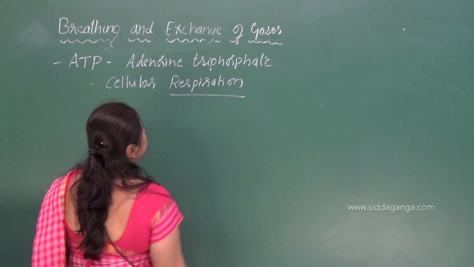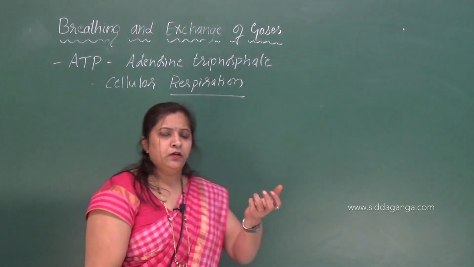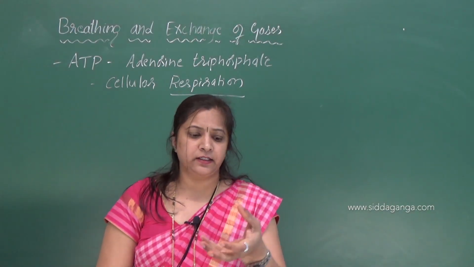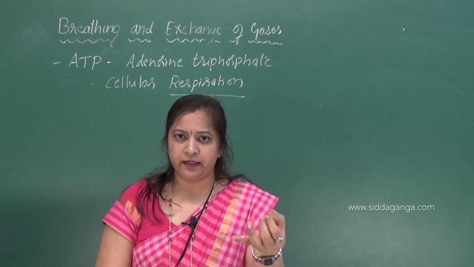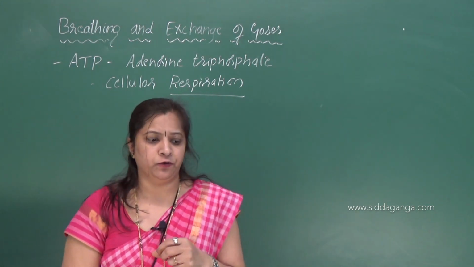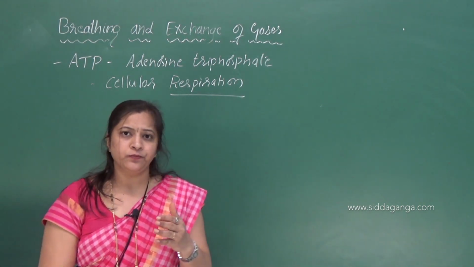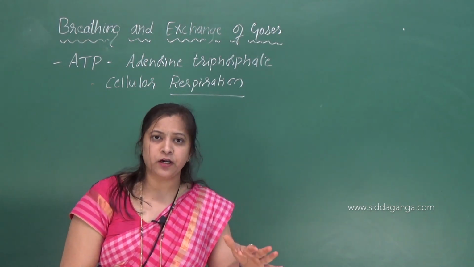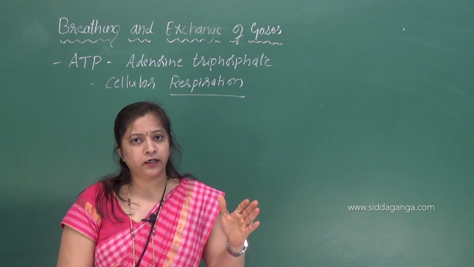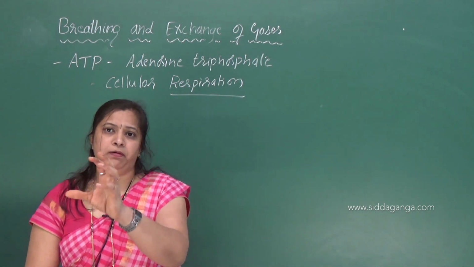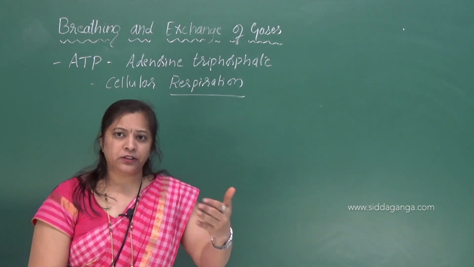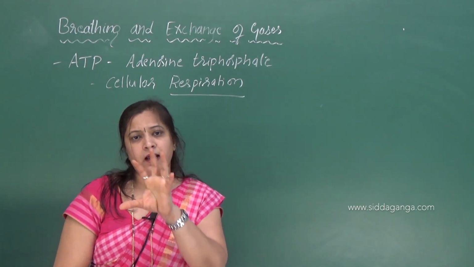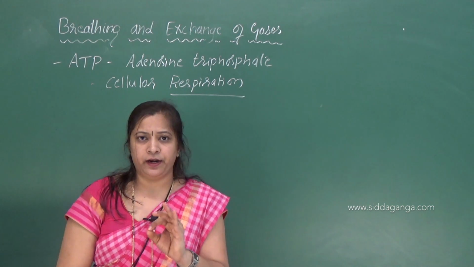What is respiration then? See, the food we take daily contains carbohydrates, proteins, fats. All these are macromolecules. Macromolecules means larger molecules, and as such they are not utilized by the body. So they have to be broken down into simple molecules so that they are easily absorbed into the blood. This process of conversion of complex food substances into simple and easily absorbable form is called digestion.